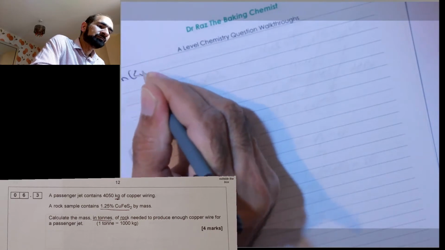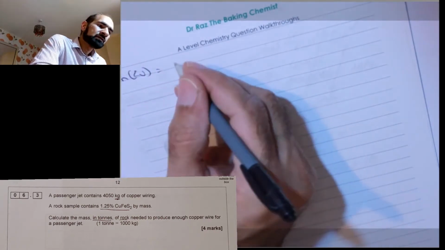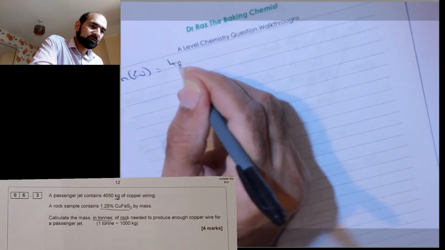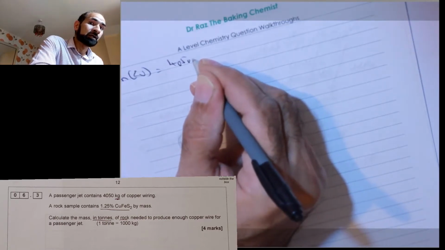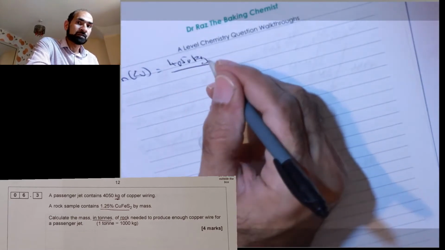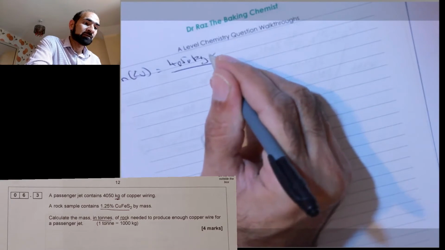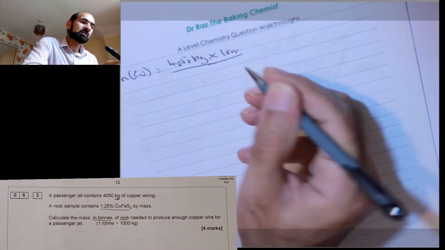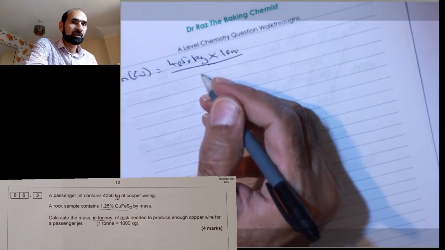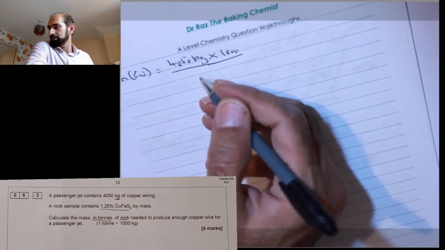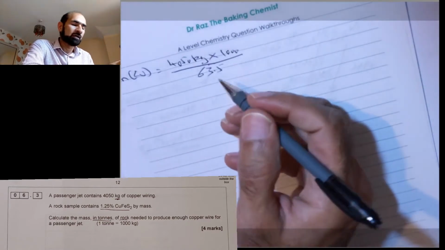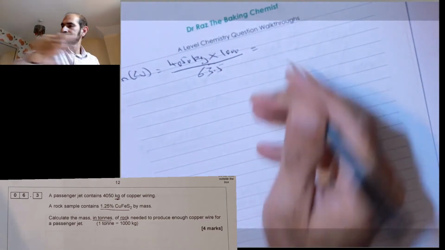Moles of copper needed: number of moles equals mass divided by Mr, or Ar. You should know that. 4,050 kilograms. I'm not going to just divide that by Ar, because we know that in that formula the mass is in grams. So I'm going to multiply that by 1,000 to change the kilograms to grams, and then divide that by the Ar of copper, which is 63.5. You'll have a periodic table, that's where this comes from, and what that gives you is